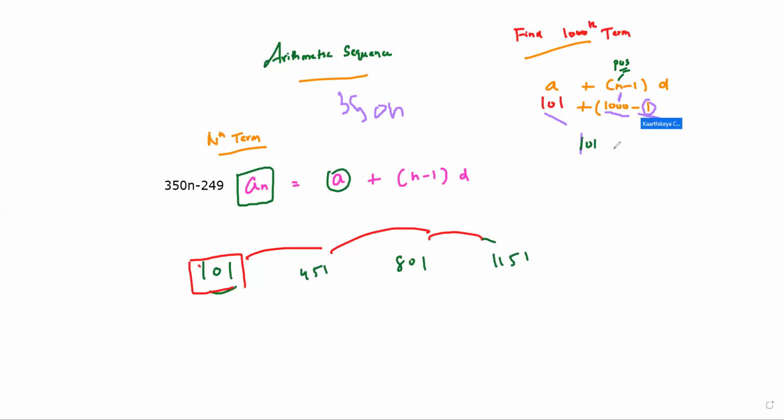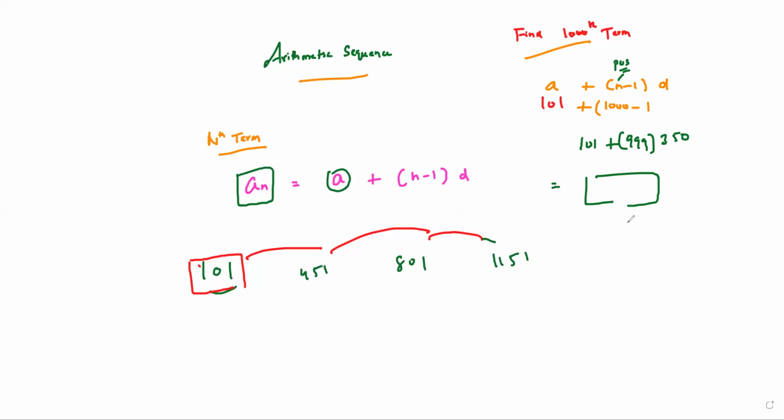You do this: 101 plus 1000 minus 1, how much will it be? 999. How much is d? d is 350. So when you solve, you're going to get a term which is going to be the answer. Now your question is why 1000 minus